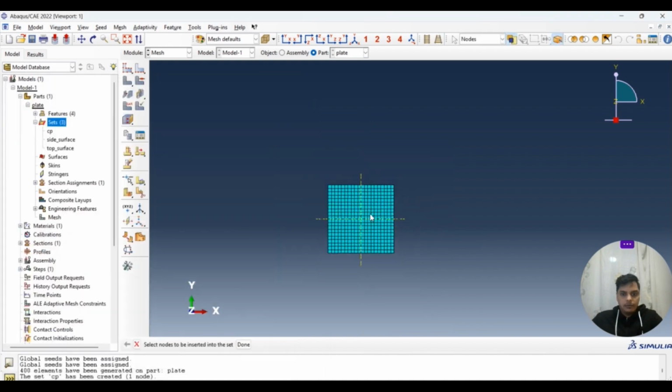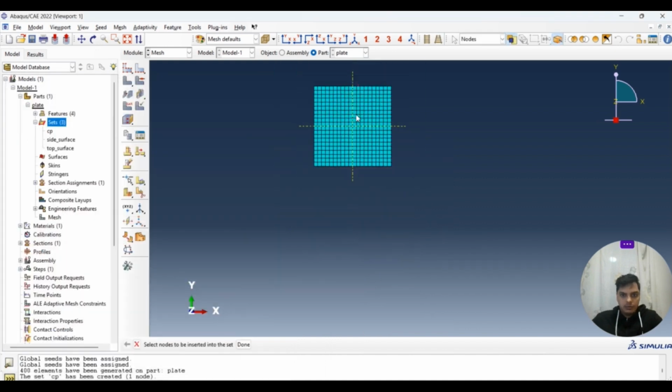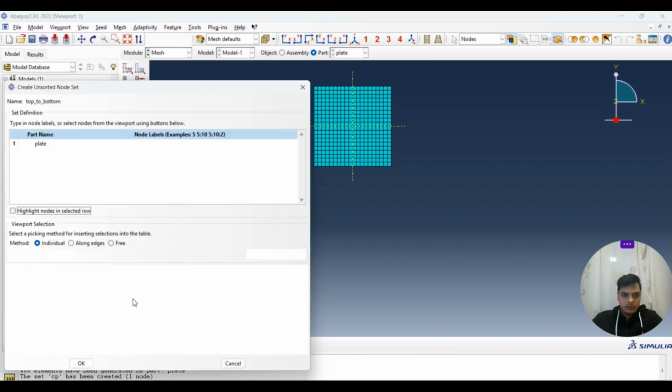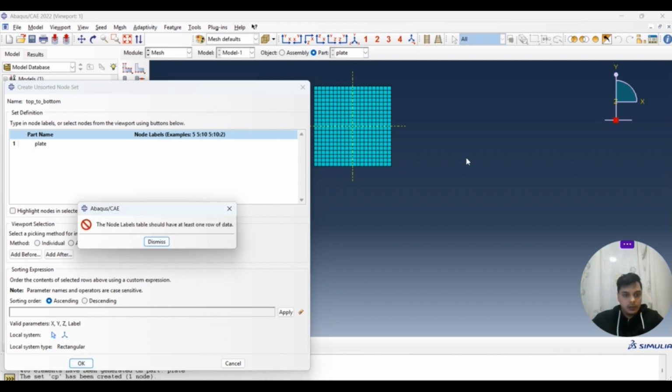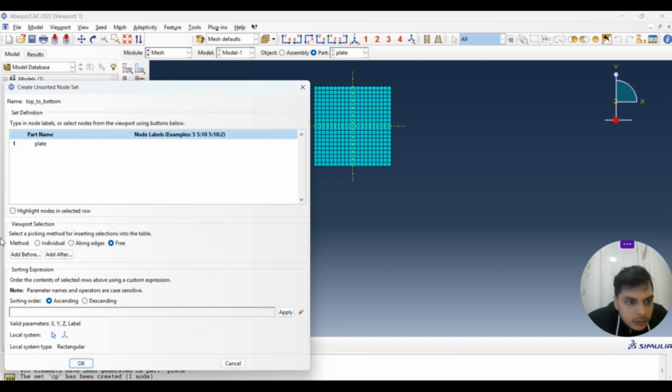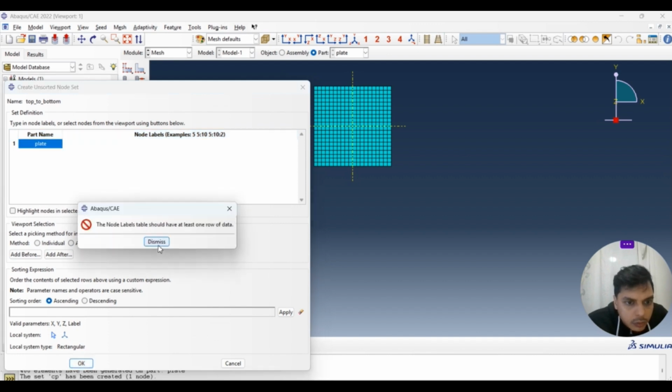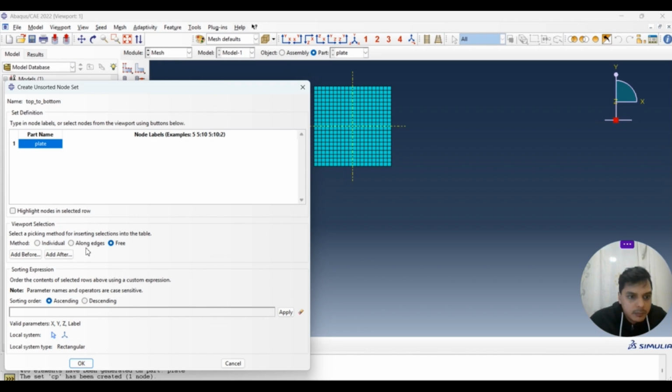Hold on. Here we have to select the free part. The node level should be at least one row. I guess I need to redefine it.